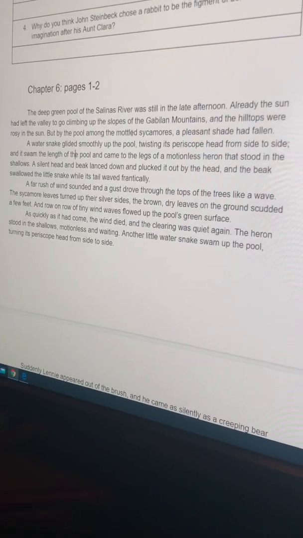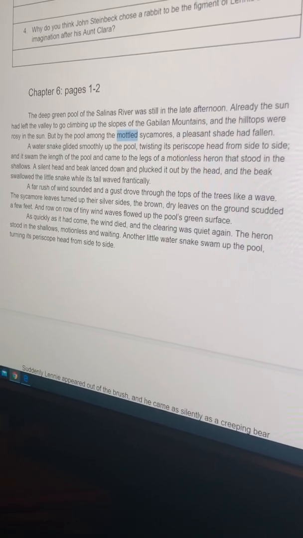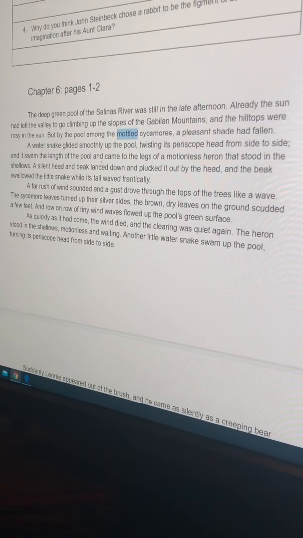By the pool among the mottled sycamores,